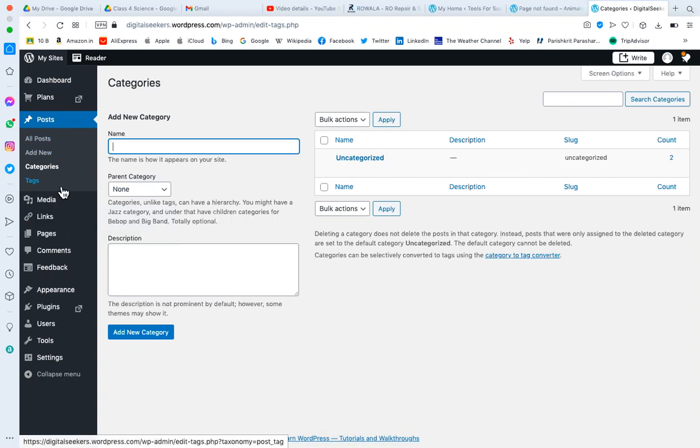This Posts section is the entire blogging section. In the blogging section, you can create a new blog post every day, new FAQs, new news, new resources or new training. Whenever you want to create a section on your website where you update content daily, creating new posts and new pages every day, that section is popularly known as a blog. But you can give it whatever name you want: Resources, News, FAQs, Learning, whatever name you want to give.